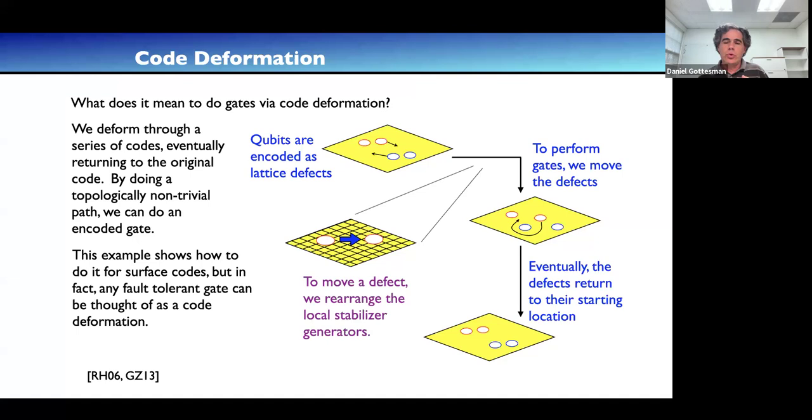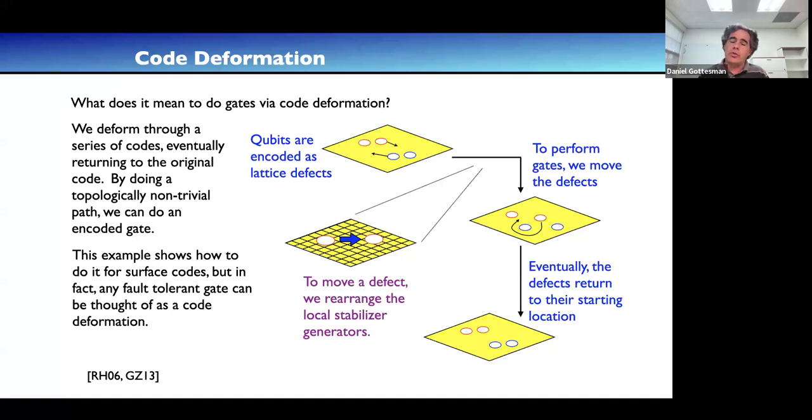So you started with one code, which has a particular arrangement of the defects. Then you move the defects, and you move them some more, and you move them some more. That means that you're going through a sequence of different codes. And eventually, you go through the full sequence of different codes, and you get back to the original defect locations. So you're going back to the starting code.